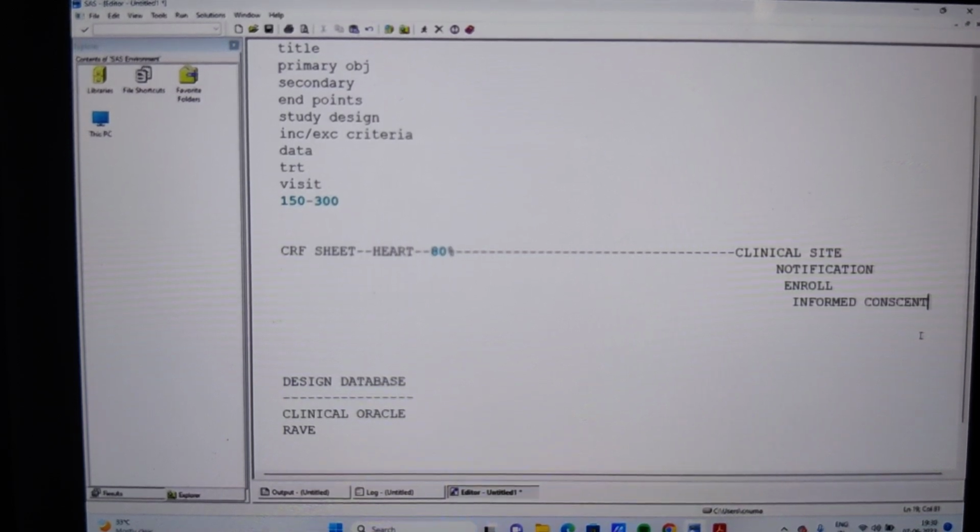But most of the time, informed consent is in English nowadays. If anybody isn't able to read the informed consent, what should they do? They need to get their representatives in their presence. They have to read it out loud, and in their presence, the subject should sign the informed consent and submit it. Informed consent is very, very important.